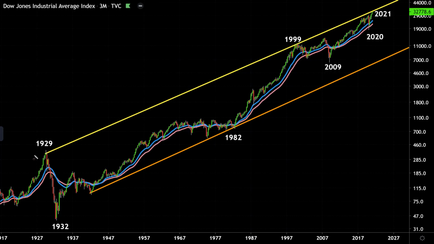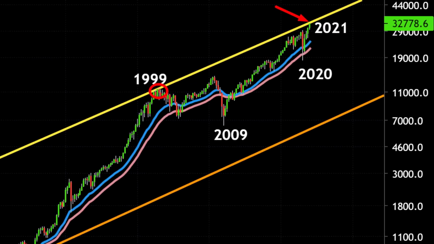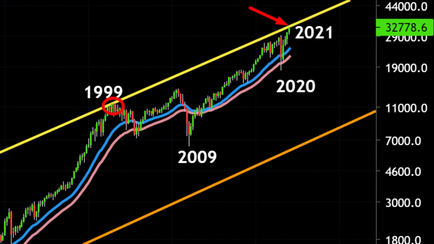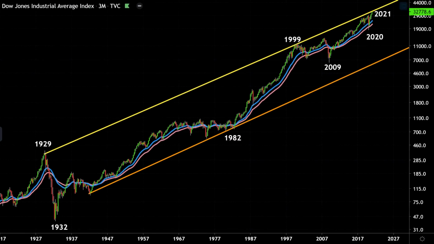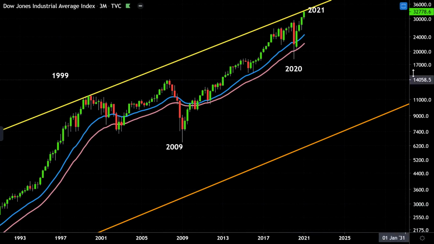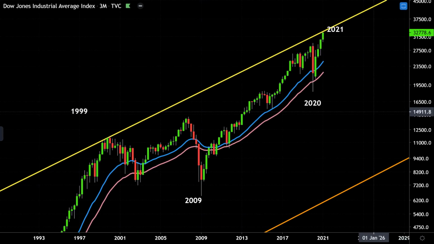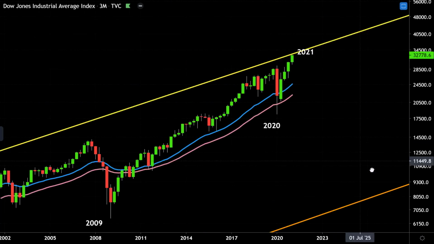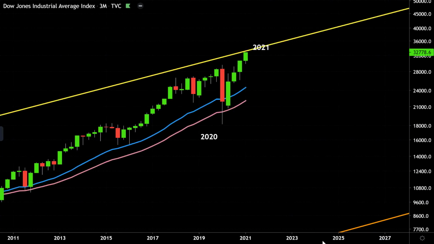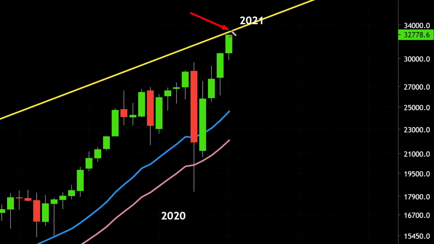So as you can see, again, I've connected the closing highs of 1929 with the highs of 1999, and we get this trend line which meets us right now very close to where we're at the moment, in 2021. If I zoom in on that chart, notice where the yellow trend line meets us. There we go. And you will see price action is now coming very close to the top of that trend line as I'm speaking. There it is. So the Dow is now coming extremely close, very close, as a matter of fact, to that yellow trend line.